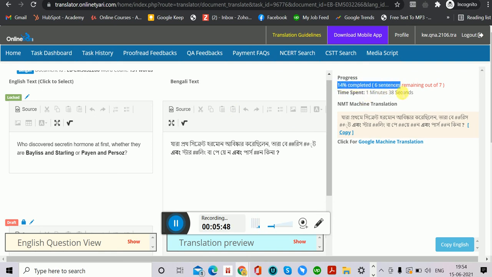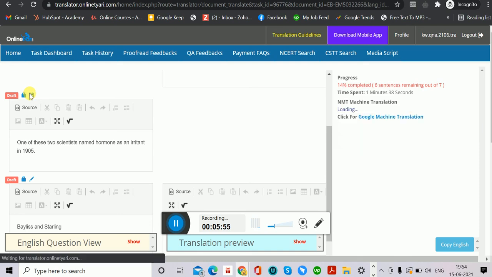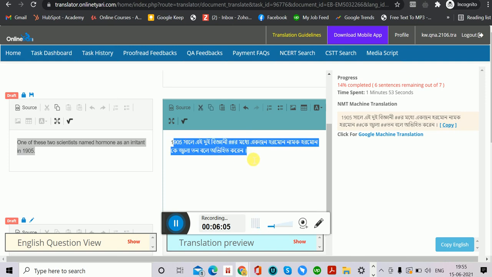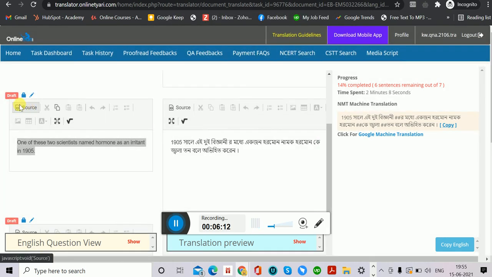After this, click on this log button, and as you can see, the progress is running, like 5 sentences remaining out of 7. So what you have to do is complete all small questions.